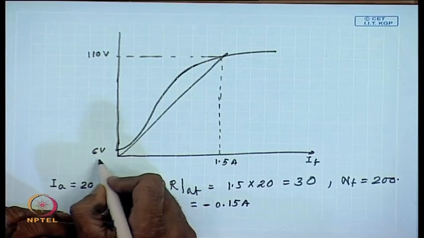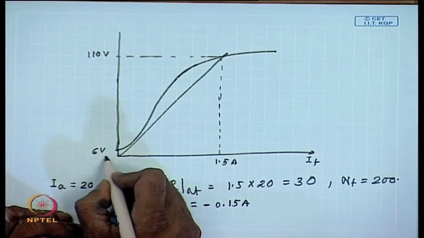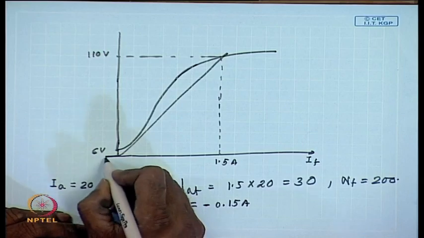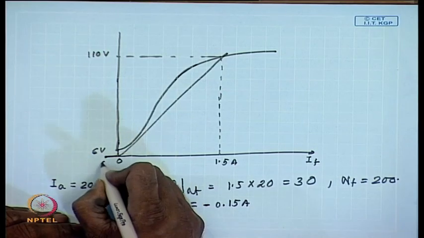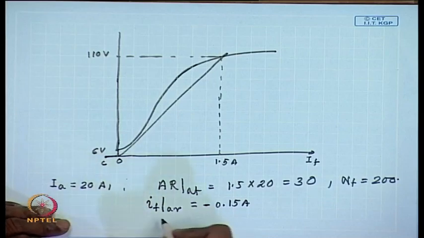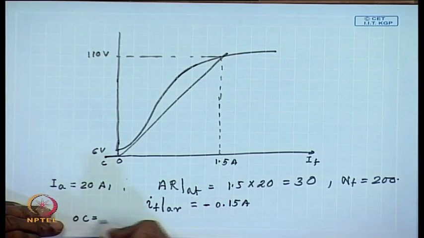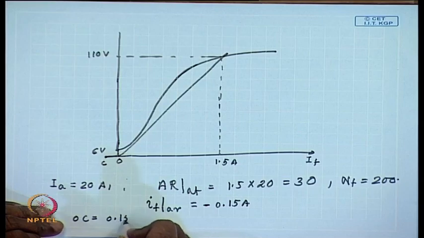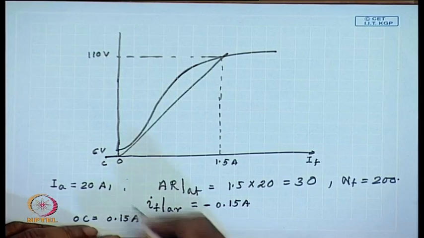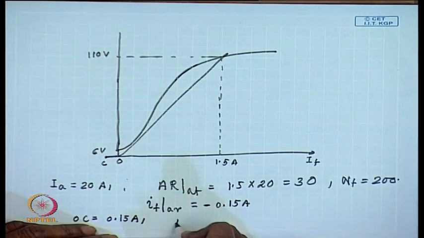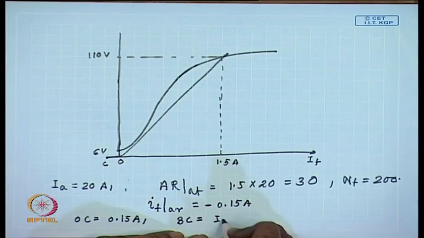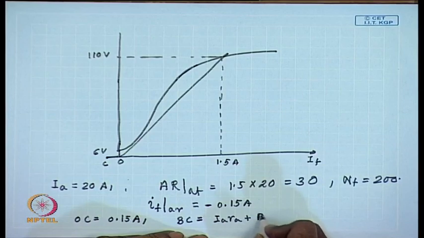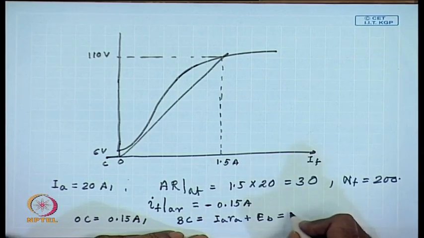So, let us draw a line showing minus 0.15 amperes, OC equal to 0.15 amperes and a line BC which is equal to IA RA plus Eb is equal to 6 volts,